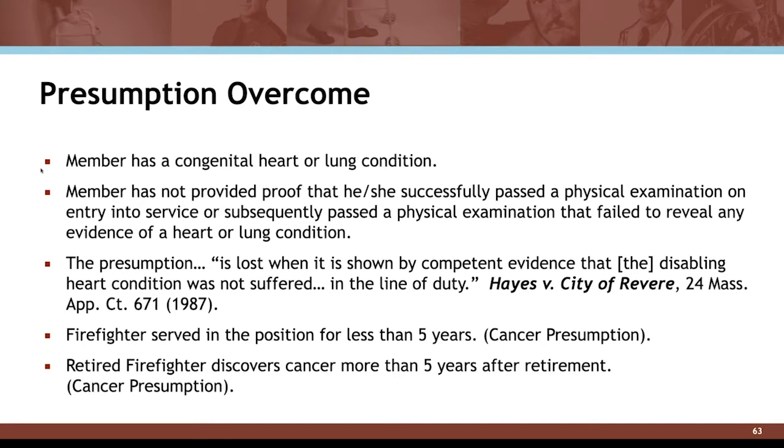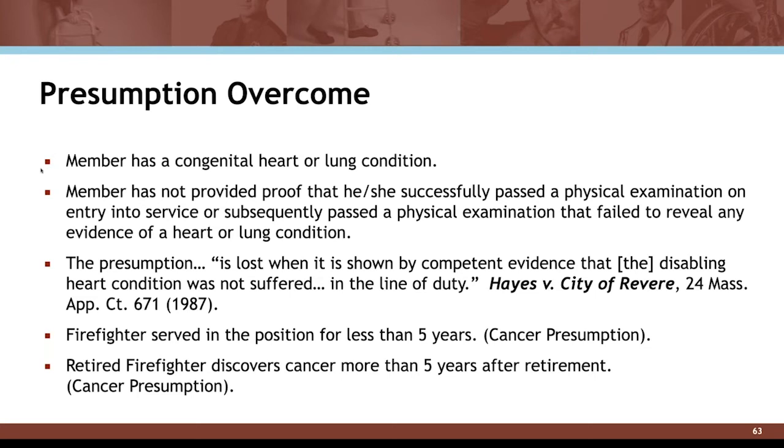Now, the presumption is not absolute. It can be overcome. Okay? A common reason why it is overcome is that the member has a congenital heart or lung condition. For instance, if the medical panel determines that an applicant under the heart law has aortic stenosis, well, that is known to be a congenital condition. Okay? So that congenital condition overcomes the presumption that your injury was sustained while in the line